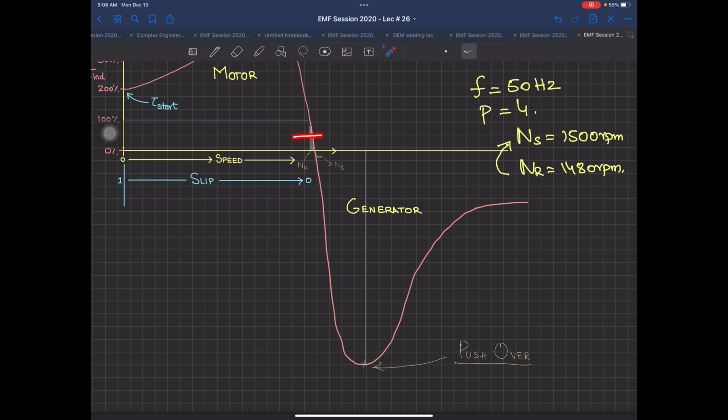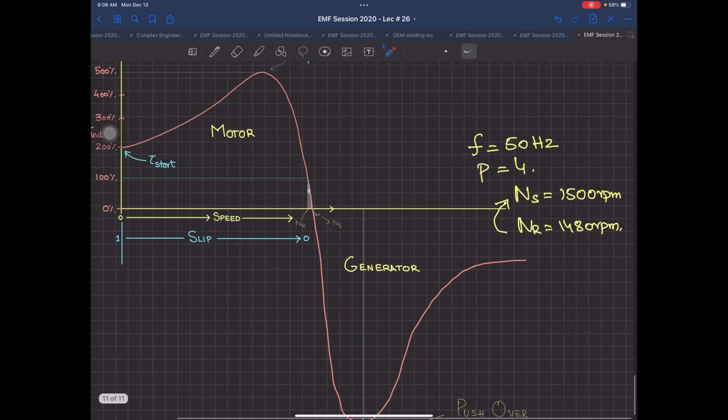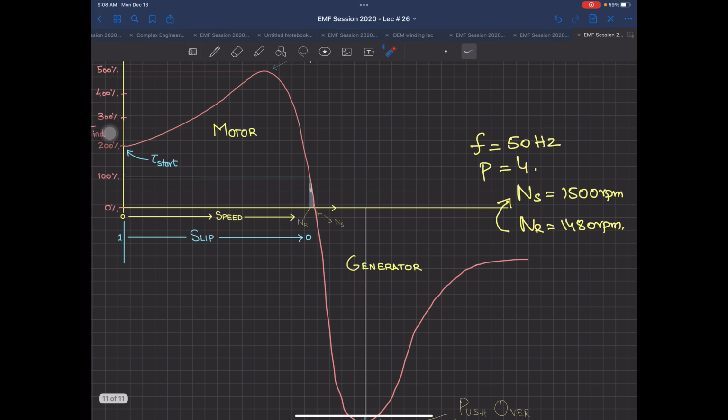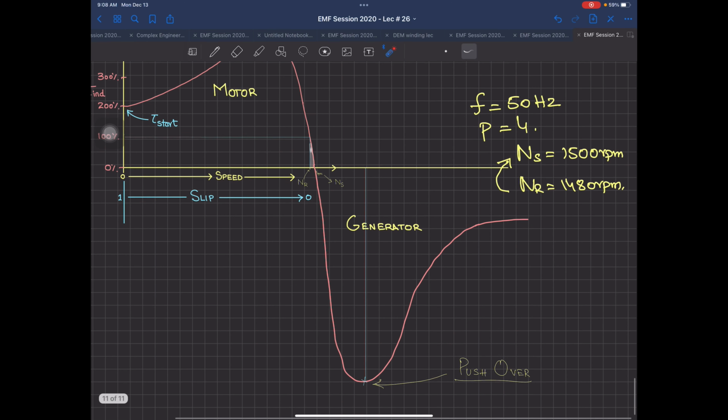And as soon as the DC machine increases its speed, the induction phenomena will be lost, and the machine is going to give this amount of power or this amount of torque to the grid, and the machine will be converted into generator mode. Now the problem over here: whenever the generator is supplying power to the grid at any given point in this shaded region, well and good.